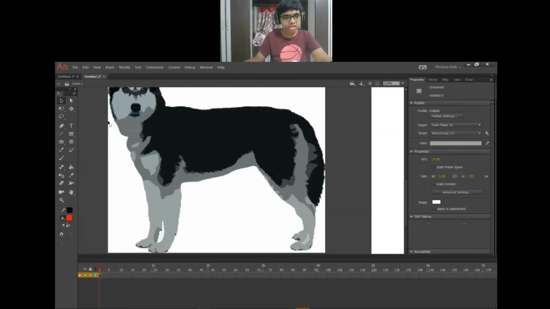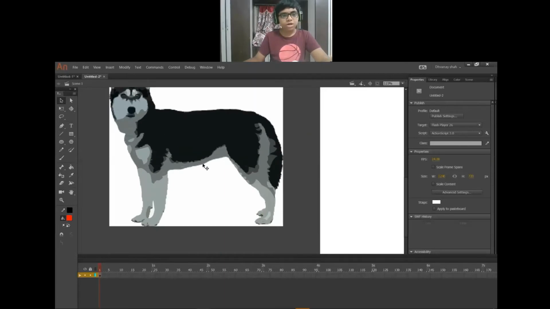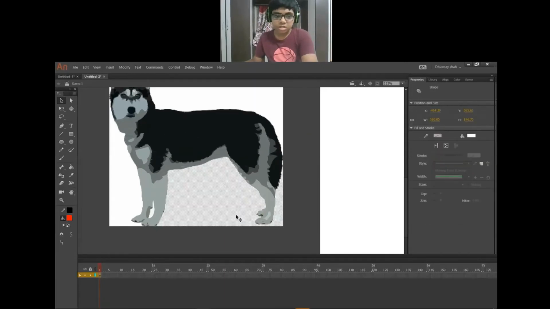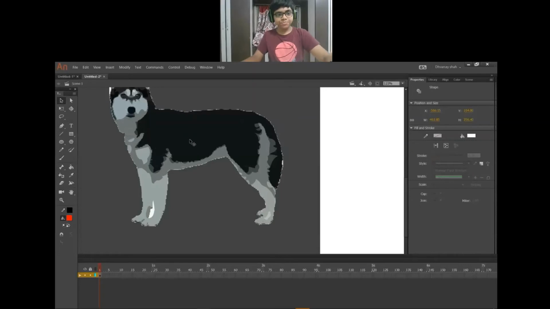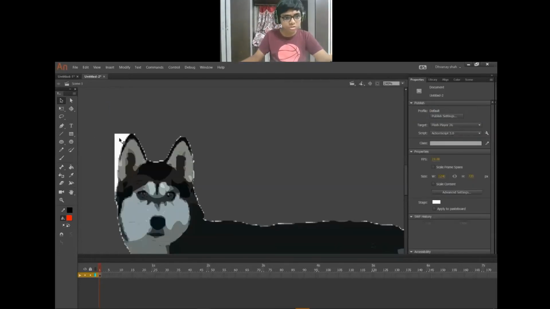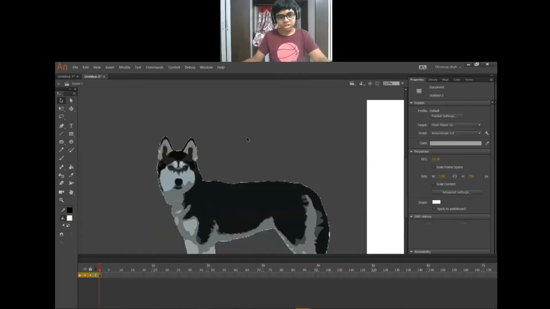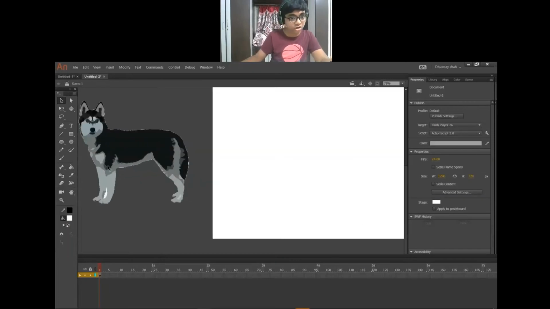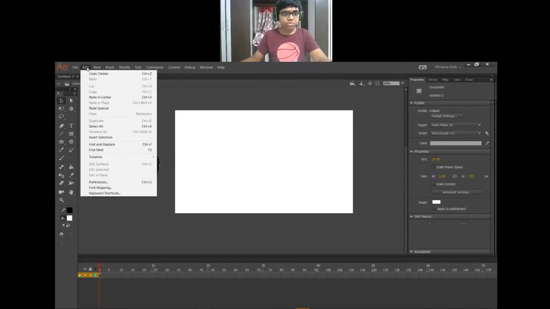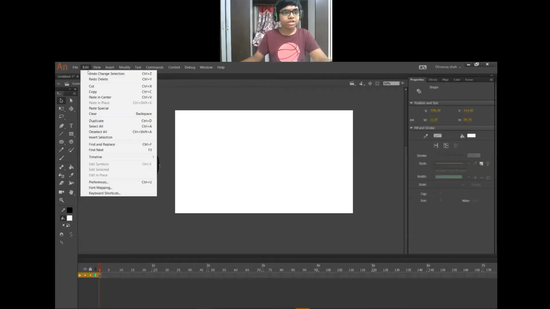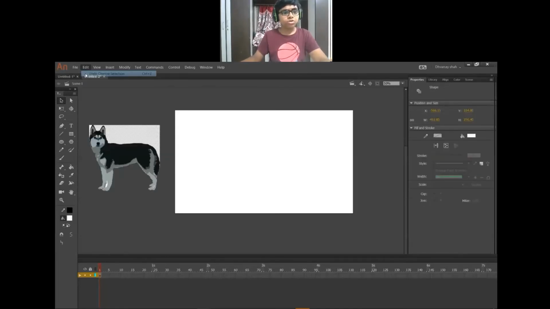Like this, so that you can delete all the small parts like this. It depends on the size. Now see, we can see the dog clearly, but when it is not clear, you first undo. Go to the Edit menu and Undo will be there. Undo, or press Ctrl Z to undo.